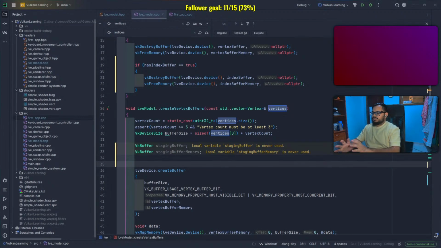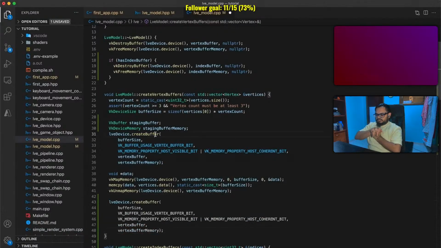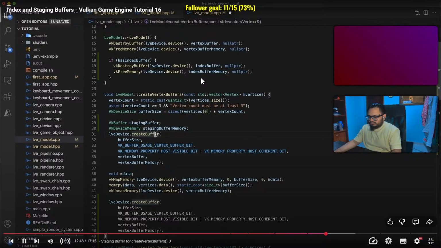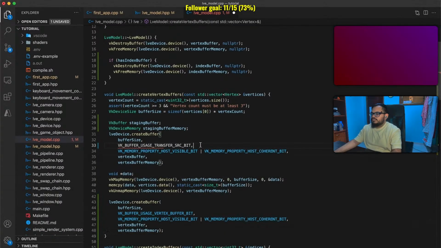Okay, let's see what's another for the staging buffer. So copy the create buffer command and paste it in below the code for mapping the host to device memory. Let's update this first create buffer command to instead create the staging buffer. The buffer size remains the same, but we need to update the buffer usage to now be VK buffer usage transfer source bit. What this does is tell